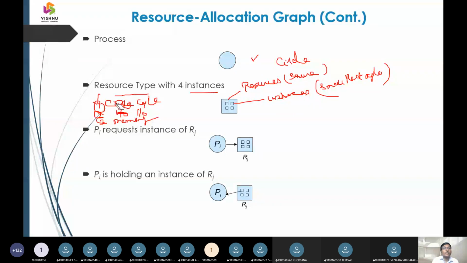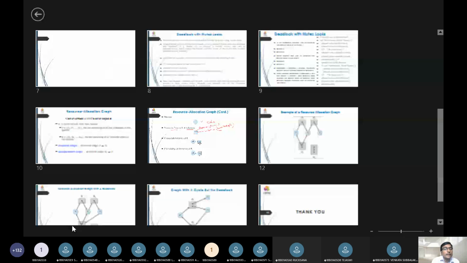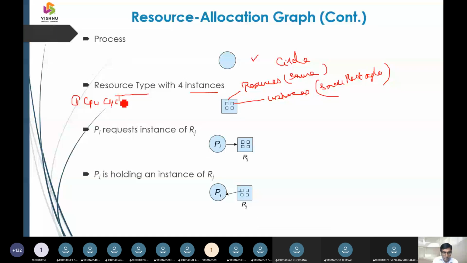Second, we are going to call them IO devices, etc. And third, we are going to call it memory. So CPU cycles, second IO, third memory. These three elements we are going to call resource types.